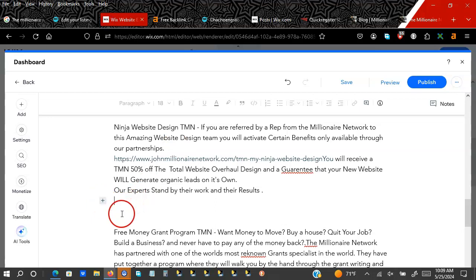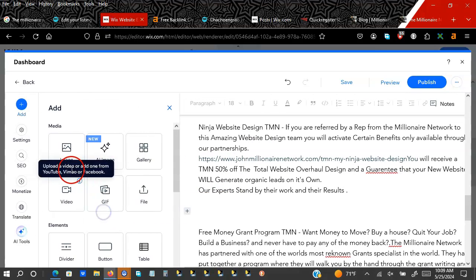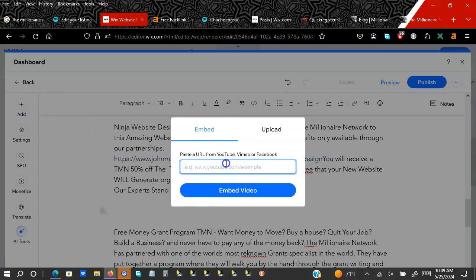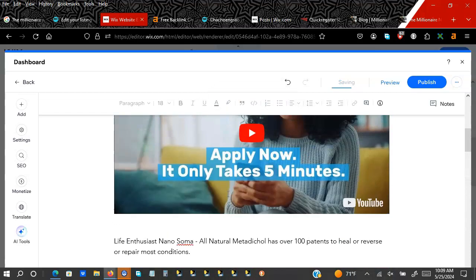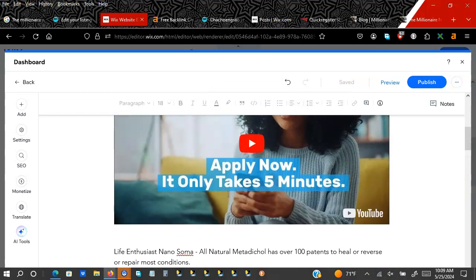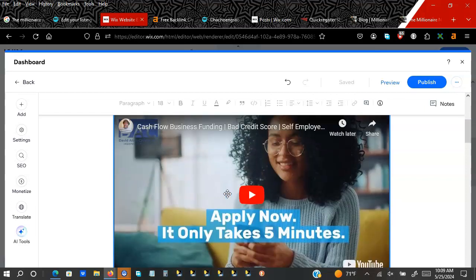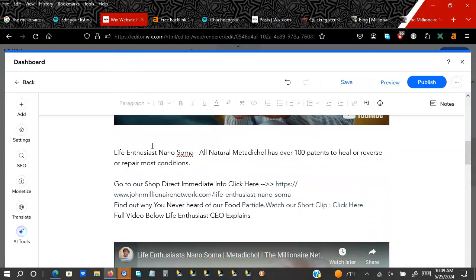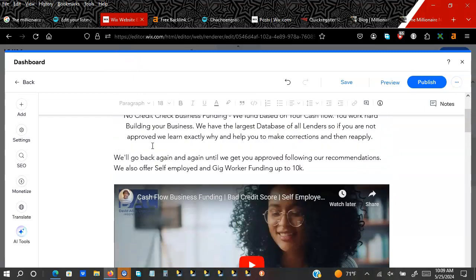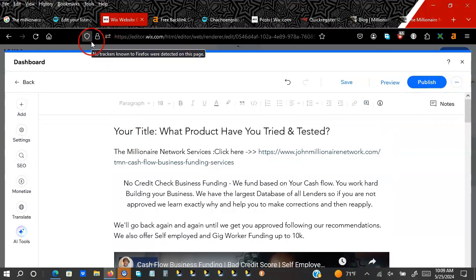And we're going to come over here. Again, we're going to add video. Control V, that's your paste. Embed video. You see how simple this is to blog? It's simple. Once you learn one skill, everything else is built on top of that. So all you have to do is transfer one ad into your blog, and you can write this blog in many different ways. You can mix up the videos, you can take paragraphs out, and this one blog could become 100 blogs saying the same thing, a bunch of different ways.